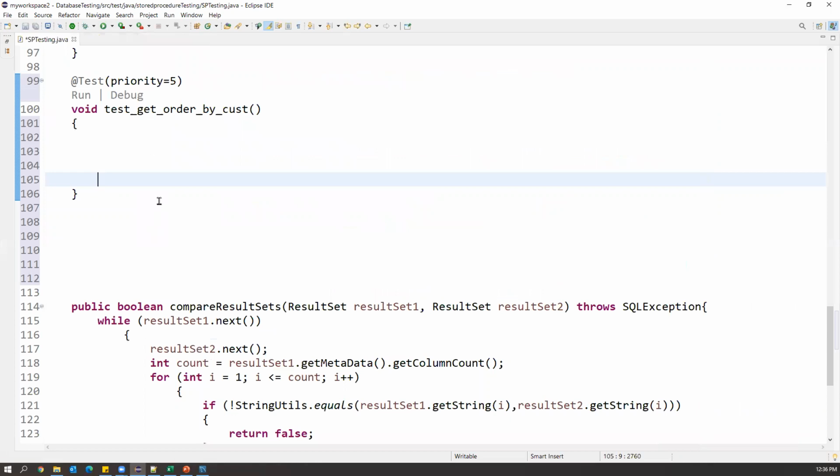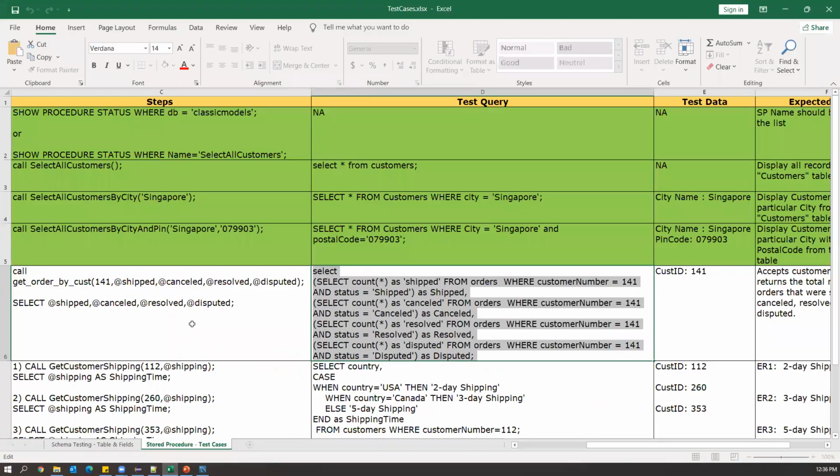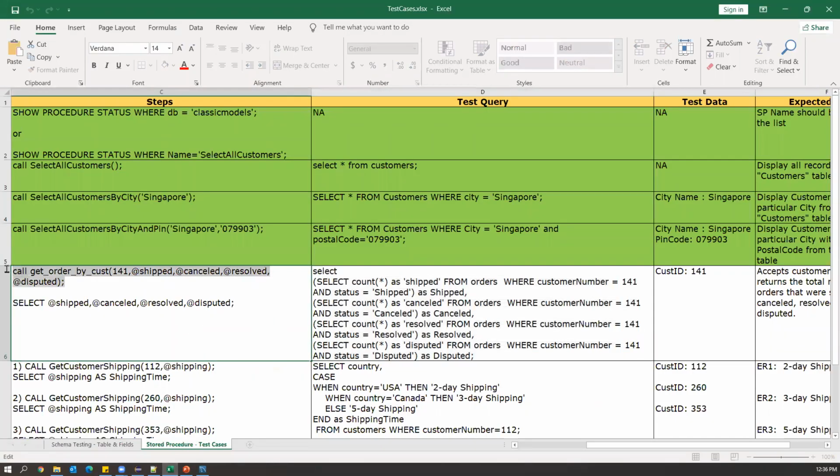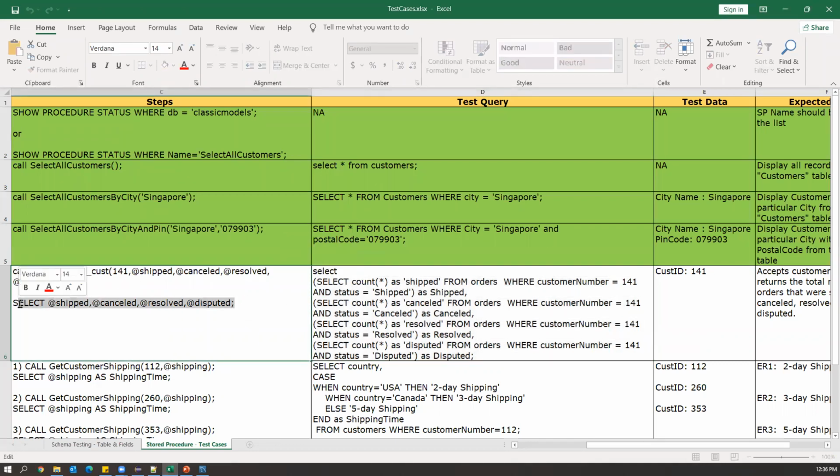All right, so now let us try to implement this test method. How to implement it? If I look at the test case, first we need to send the stored procedure call. After that, the output variables contain the actual result, and we need to capture that. After that, we need to execute our test query and also capture the result set. Then we will compare this result set with the output of the select statement. If both are exactly the same, then my test is passed.